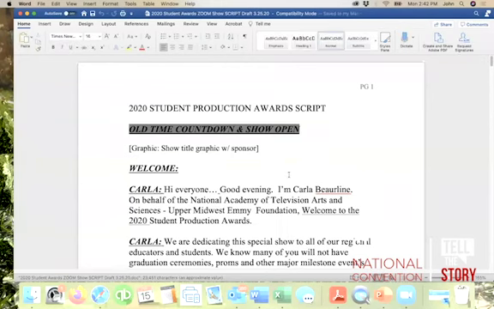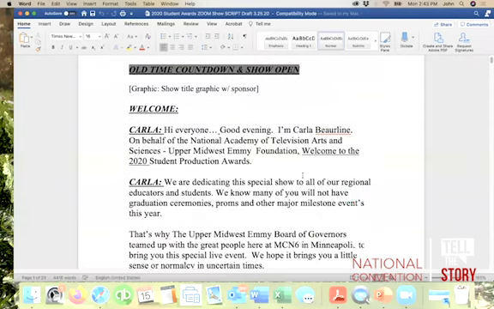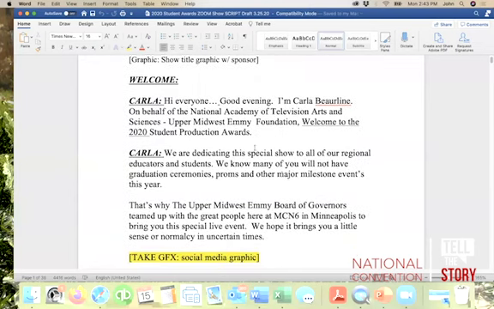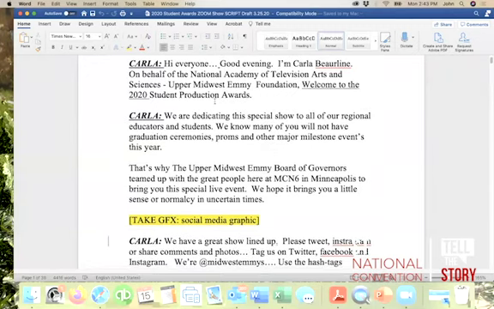So here's a script that I wrote for our student awards, for our Upper Midwest Emmy Student Production Awards last year. So as you can see, I use upper lowercase here because the talent asked for it to be that way. So I was certainly able to do that. I didn't write it in 2/3, 1/3 format